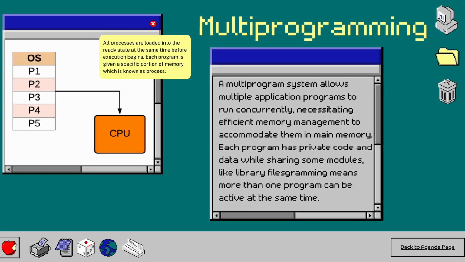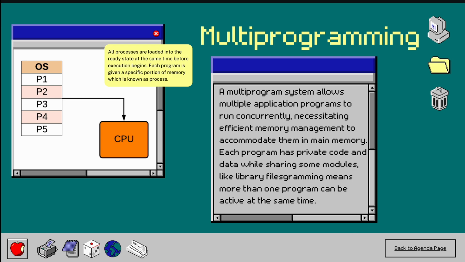Now we will understand how multiprogramming and multitasking operating systems work. So let's start with multiprogramming. Multiprogramming is a system which allows multiple processes to run simultaneously by loading all of them into the main memory all at once. This execution is non preemptive, which means that all the programs continuously run one after the other